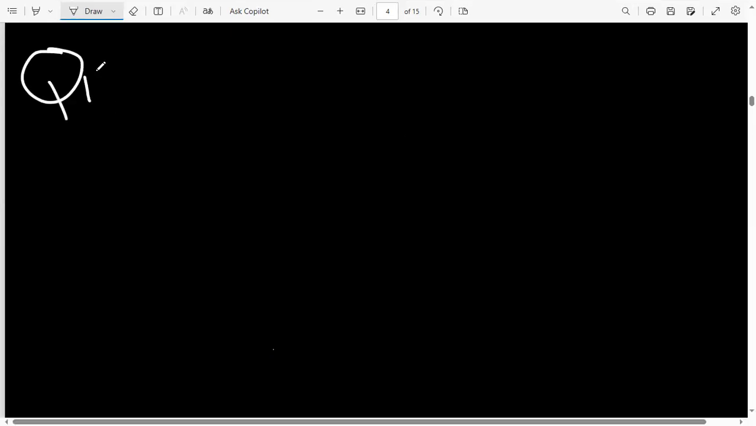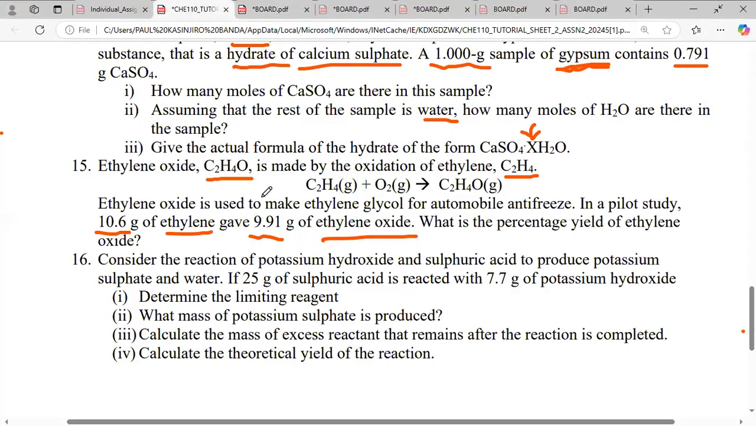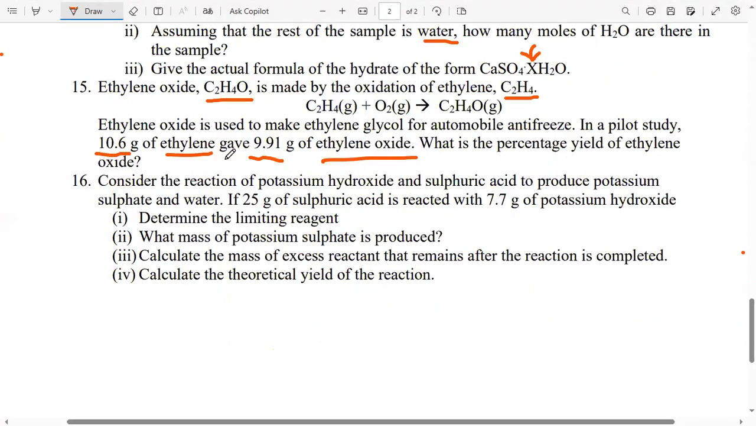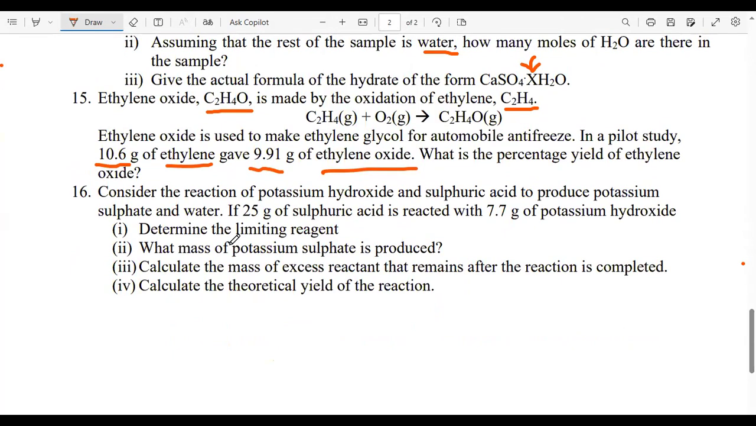Okay, let's look at question 16 now. So question 16. What does question 16 have for us? Okay, so question 16 is this here. So they are saying